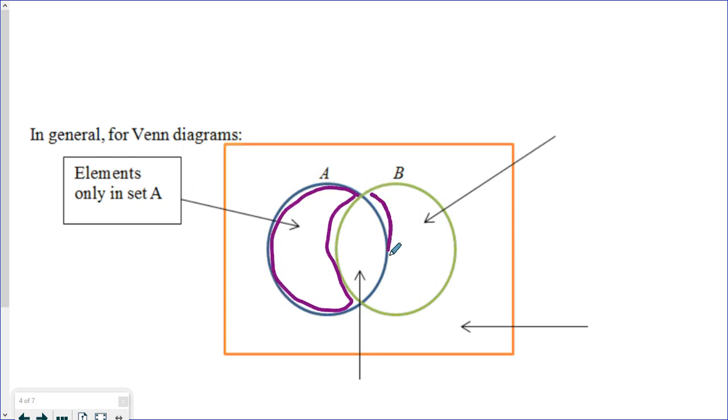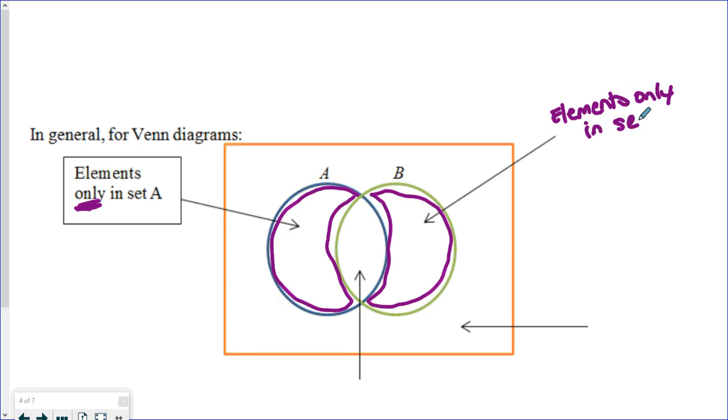Elements that are only in set B, when we're saying the word only, that means it's only in set A. It's not also in set B. So this would be elements only in set B. This would be elements in set A